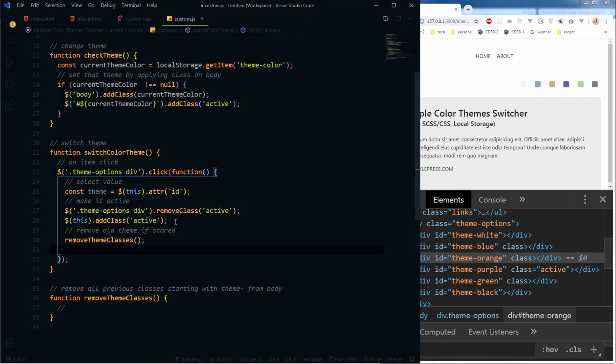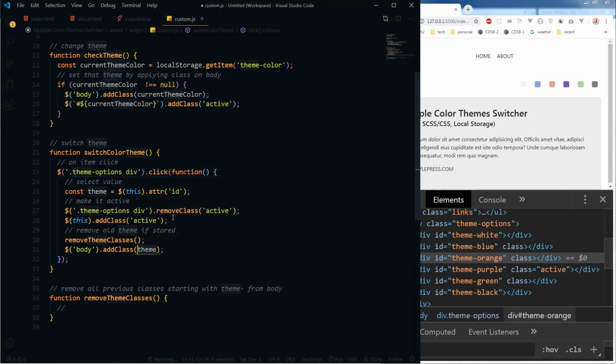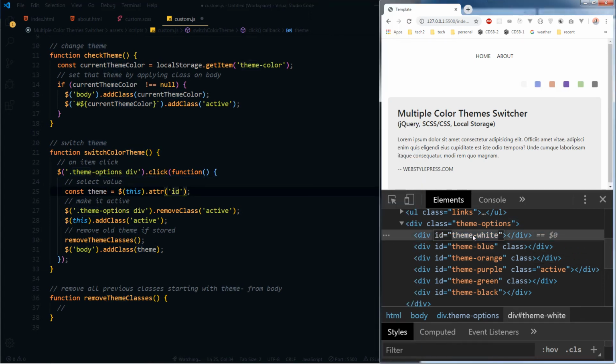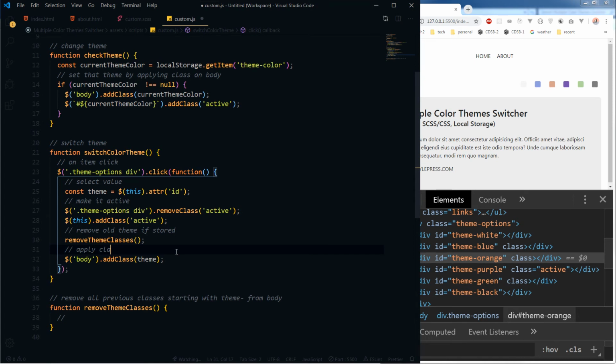And then we will add a class to body, and that class will be the theme. This was the value that we got. Basically this was the clicked item's ID. These IDs are the values that we will store as theme names. Okay, apply class to body, apply selected theme class,